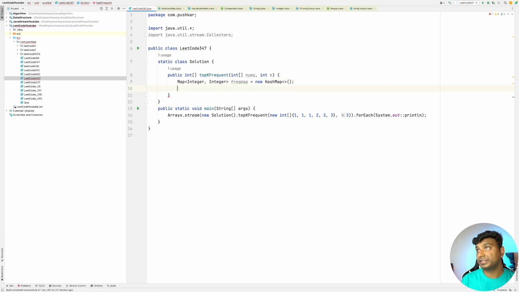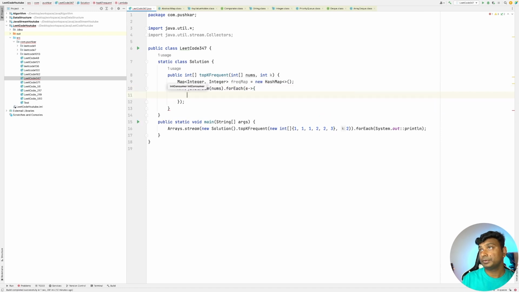To create the frequency map, let's iterate over the array, nums dot forEach.